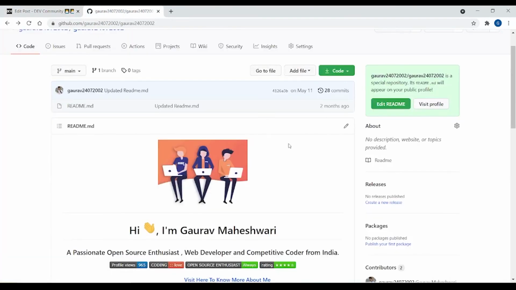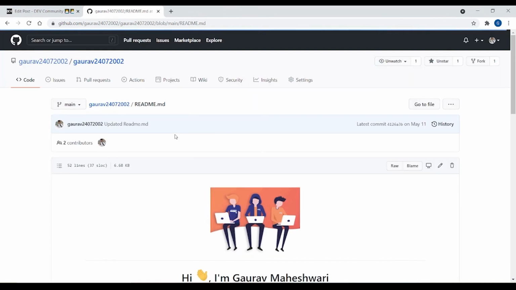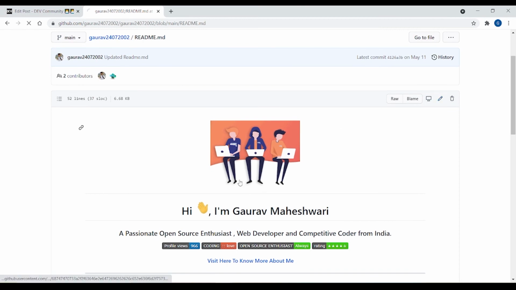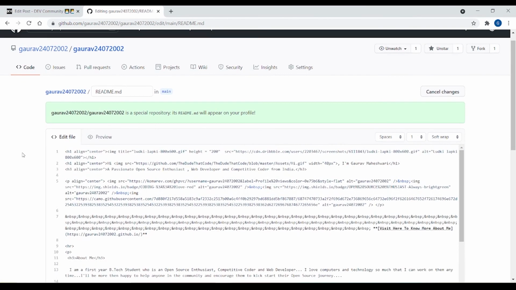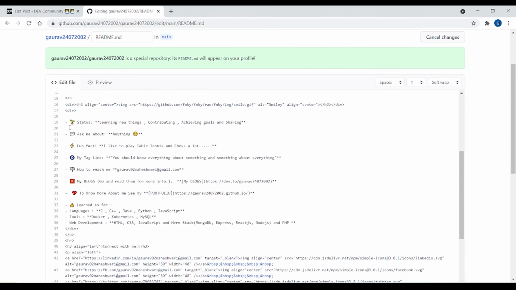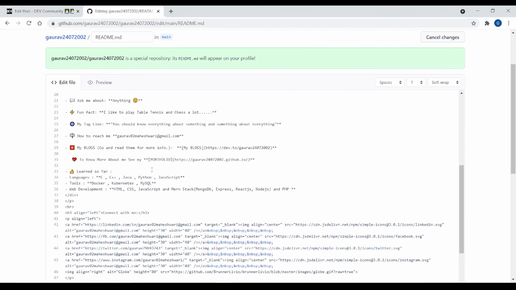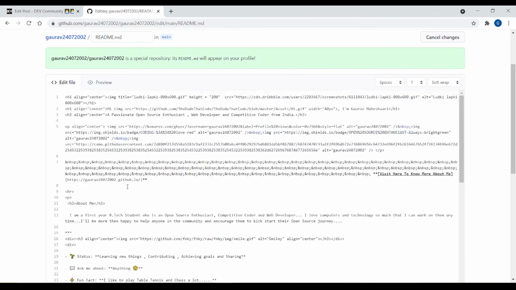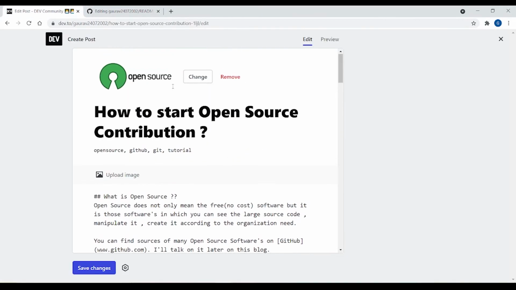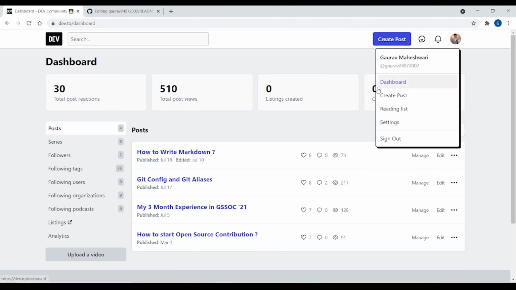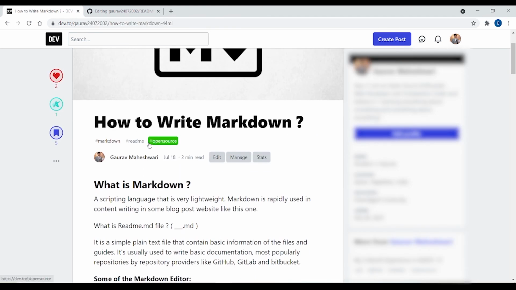And to show you a readme, this is my readme, or you can say my profile. So this is how a readme preview looks. And to show you how a readme file looks, this is how a readme file looks. This is the unordered list that I have used. Some of the syntax in a readme.md file we can use is HTML syntax only. And yeah, so now let's first of all see